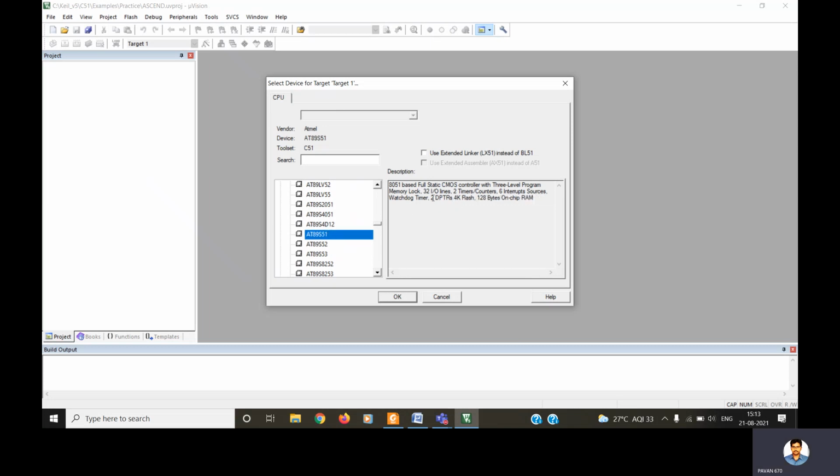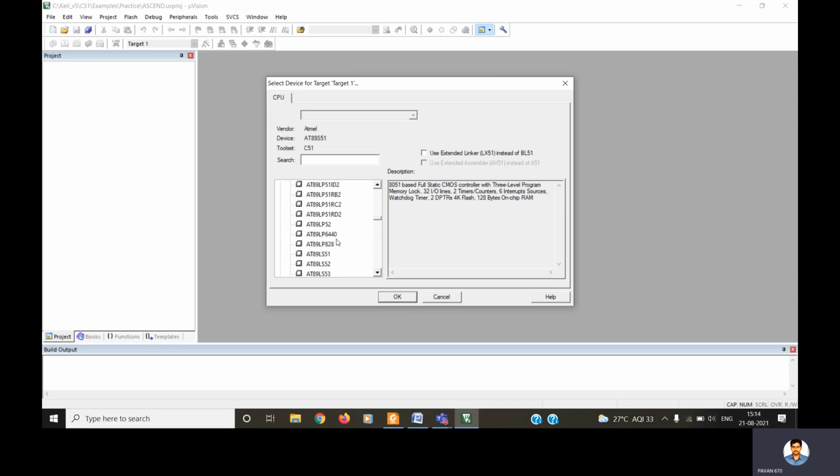The 89S51 has 2 timers, 4K flash, and 128 bytes of on-chip RAM, which is more than sufficient here. Now we will click OK after selecting a particular device.